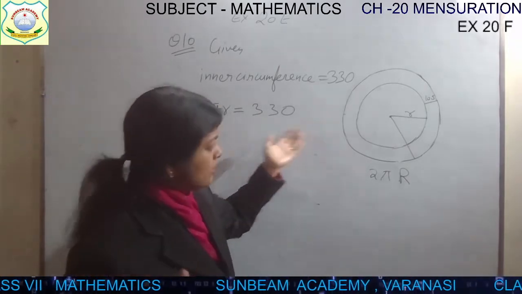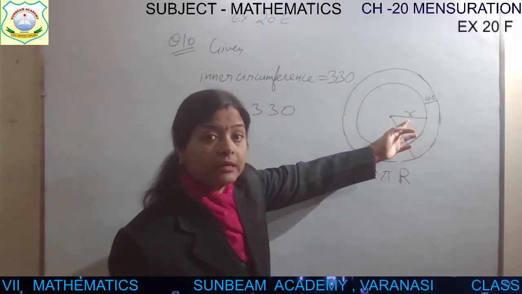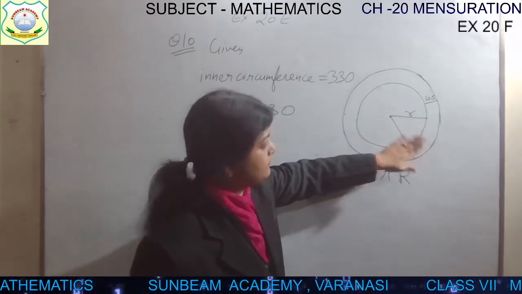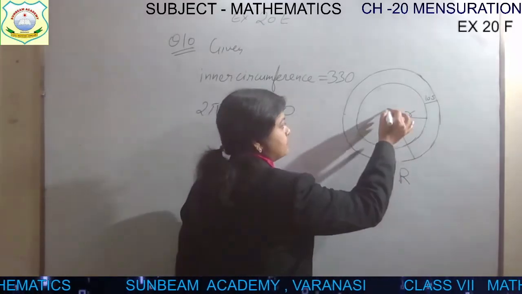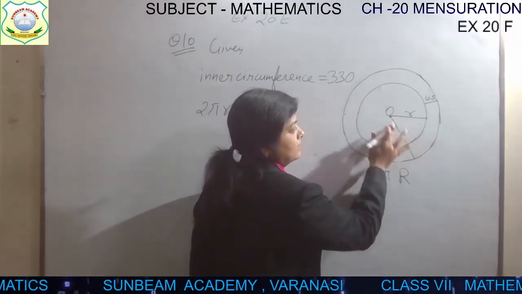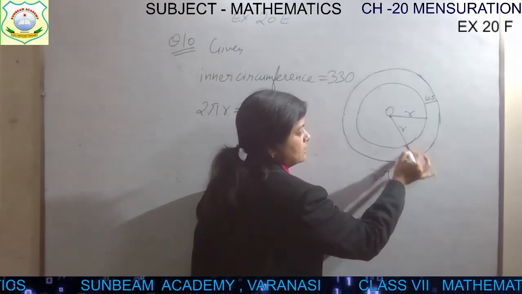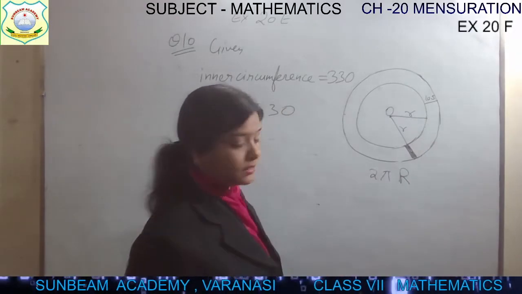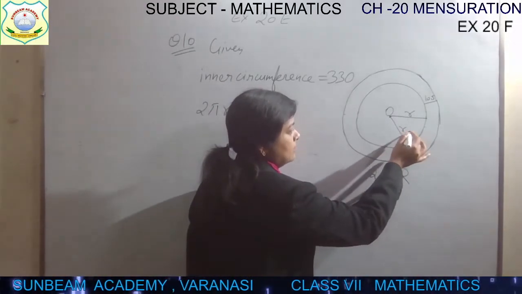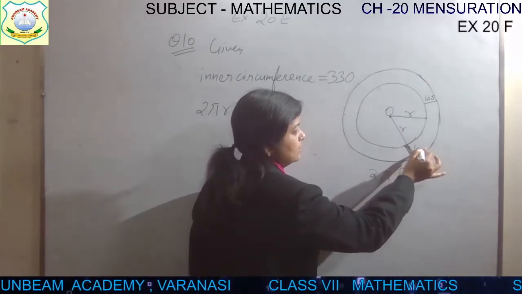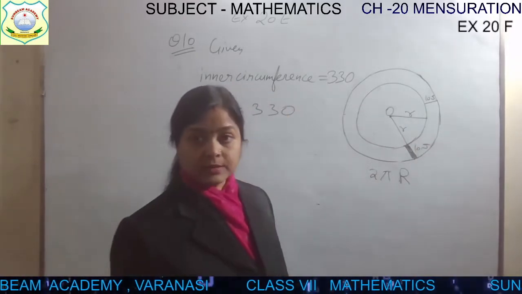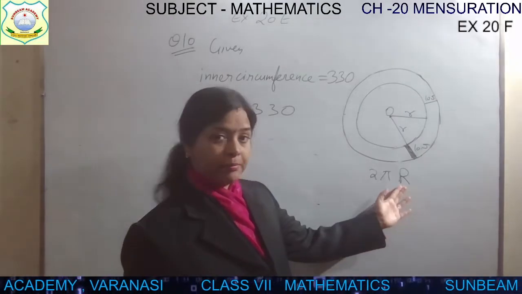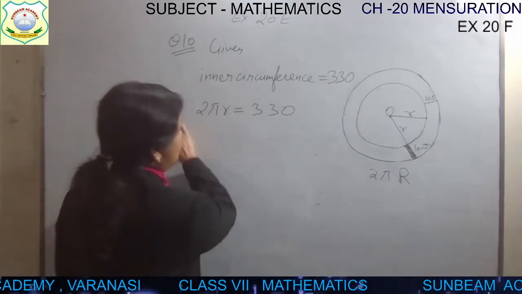So let's find out. Because once we will get the radius of inner circle, and from till here children, see, till here it is the radius. From point of center till here it is the radius. And what is this? This is the width of the circle. So if you will add radius, and the width 10.5 width of the circular track, then you will get the outer circle radius, capital R. So let's find out the radius first.